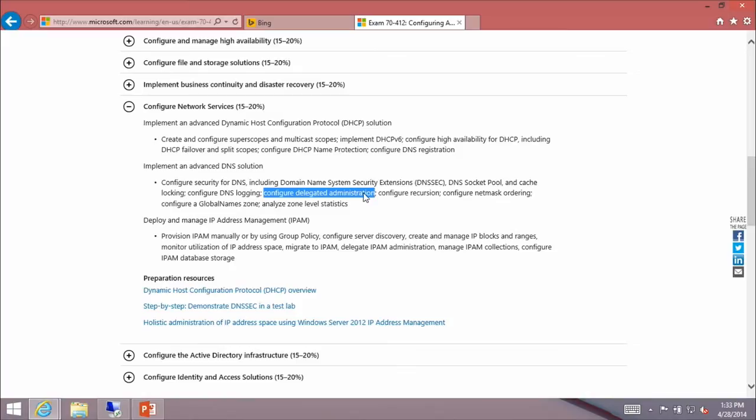Recursion, netmask ordering, configure global name zone. Of these ones, they're really just going to be things you're going to look up. DNS recursion, netmask ordering. It's a matter of reading and doing. It's a matter of sitting in a course and spending the time. I can say a global name zone,